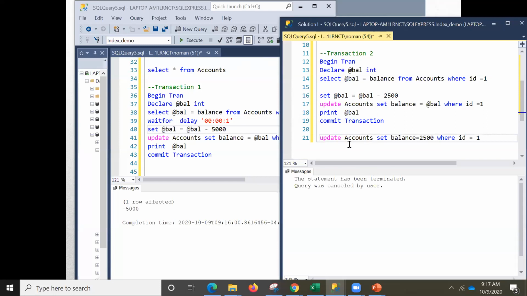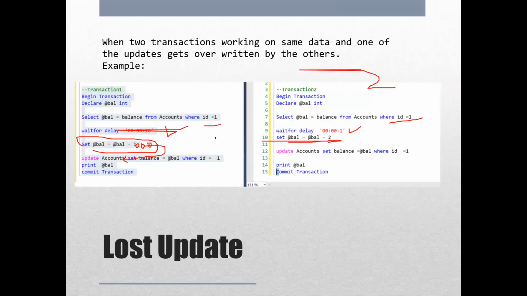Now consider an environment where you are making inventory software, and there is one transaction working on inventory, and you want to sell something from it. You check the balance and find out that we have 50 in the account, and from another transaction someone has come and sold something, maybe 20 units, so there are 30 units remaining. But this one has already read 50, and now it will just update that value. That problem is called the lost update problem.